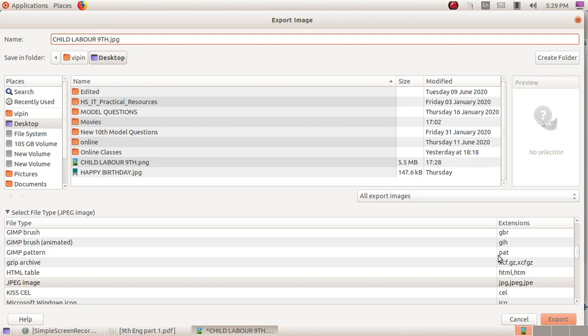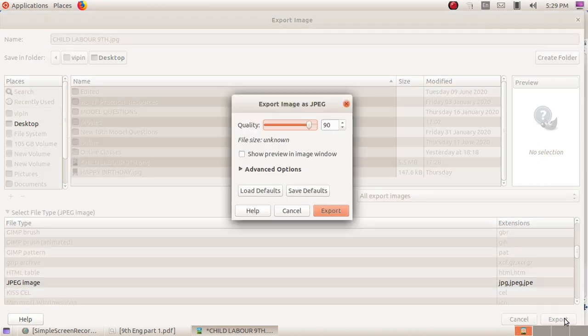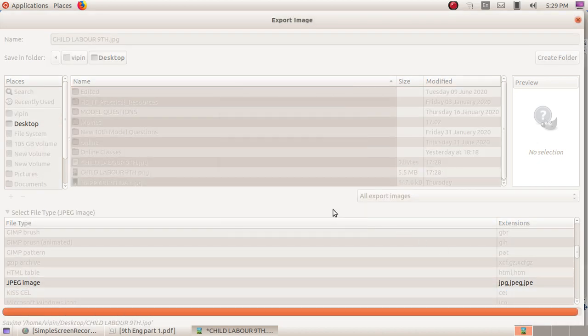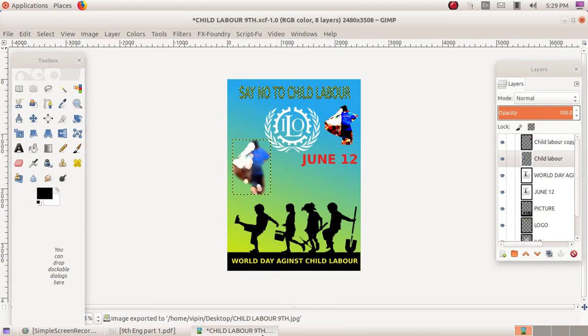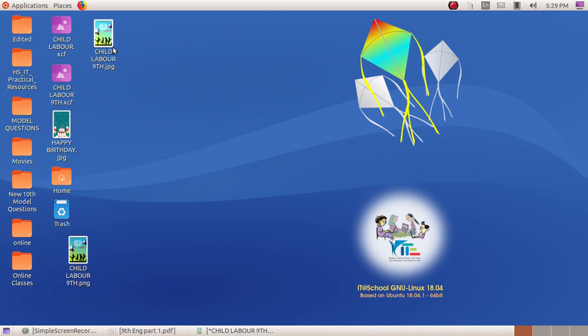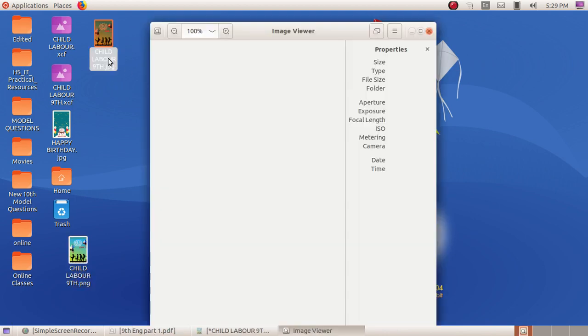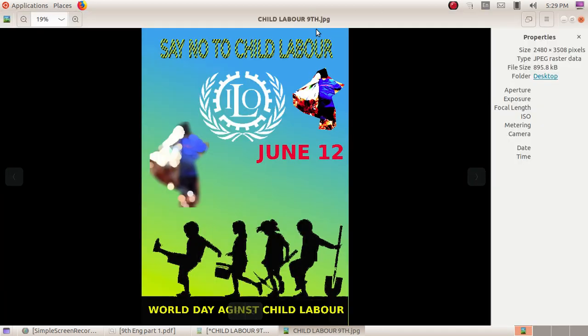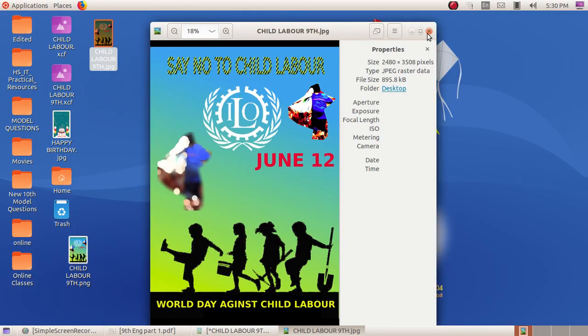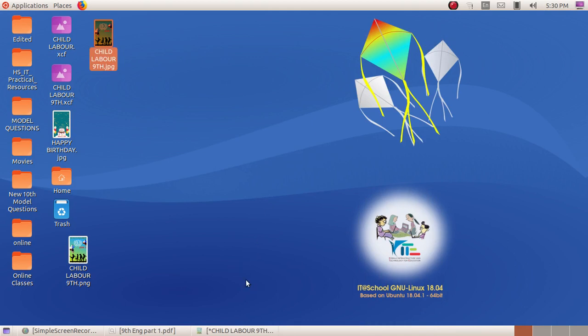Then click on Export. You can see child labor ninth.jpg, JPG raster data, the JPG type, the file size and size of that picture. In this way we can export the file format.